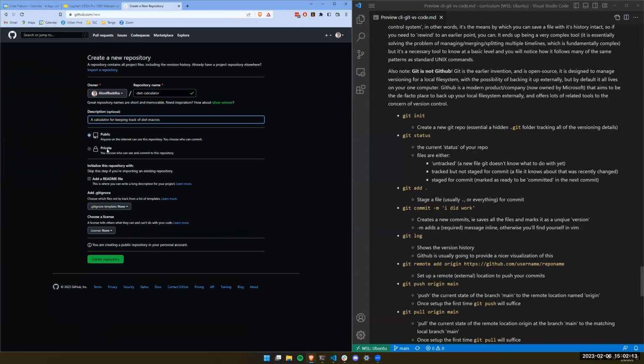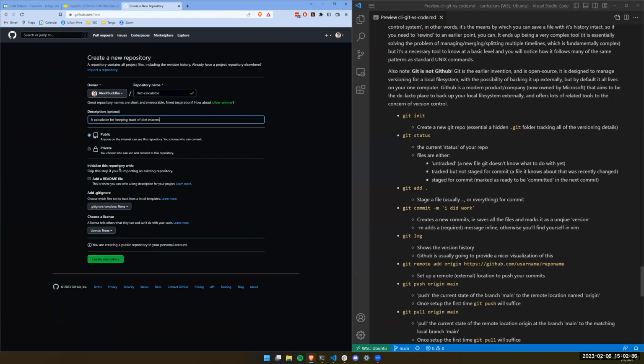Okay, public or private. You're generally going to want to choose public just because the nature of private is that it's harder to share with other people, and GitHub will eventually charge you money if you want to have too many private repos. So when you're working in a company, it'll probably be private, but for your own personal stuff, you want it to be public because it's sort of your resume. It's how you show off, hey, I did something.